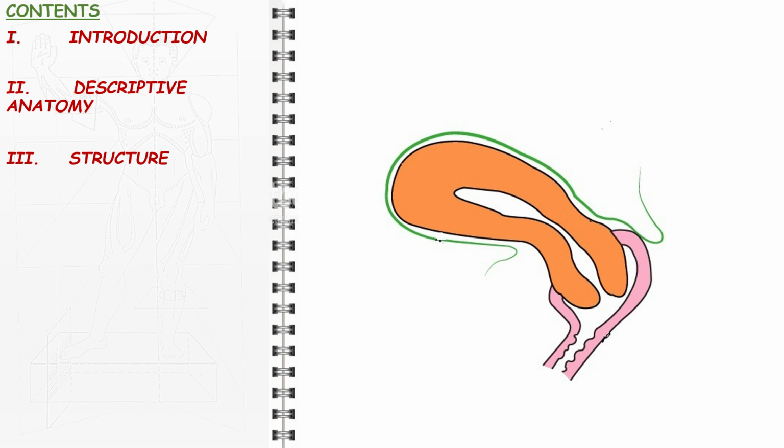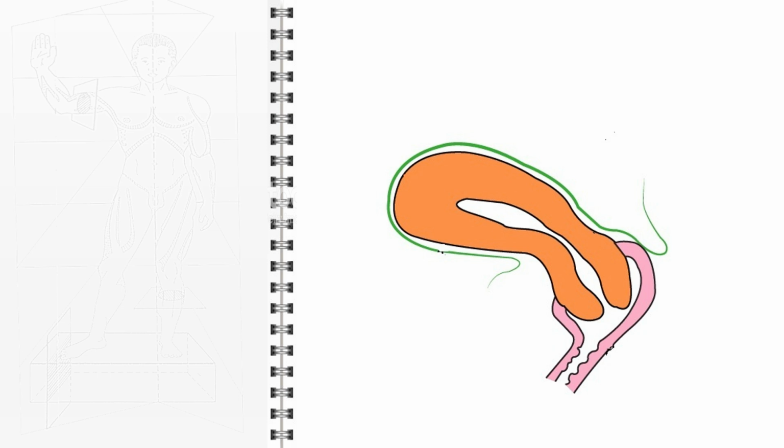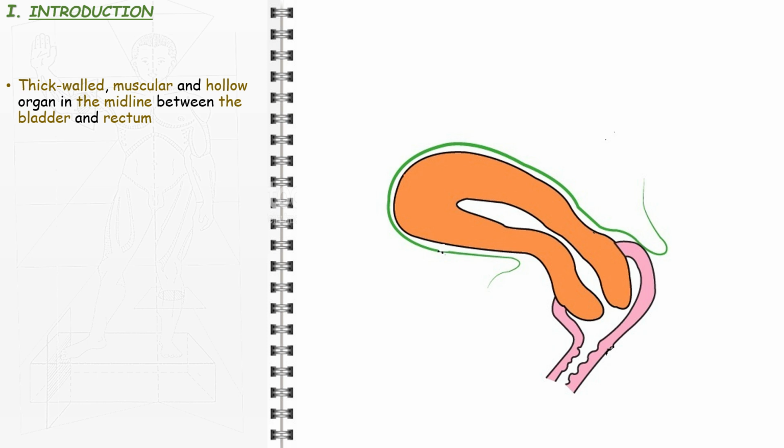We will then go through the different ligaments of the uterus responsible for its support and normal orientation. Moreover, we will delve into the intricate anatomical relations that each part of it establishes as a subperitoneal, peritonized and pelvic organ. Afterwards, we will proceed to describe the blood and nerve supply and lymph drainage of the uterus before summarizing.